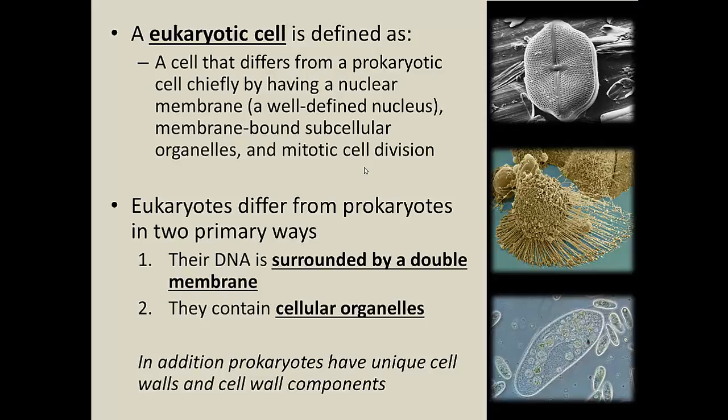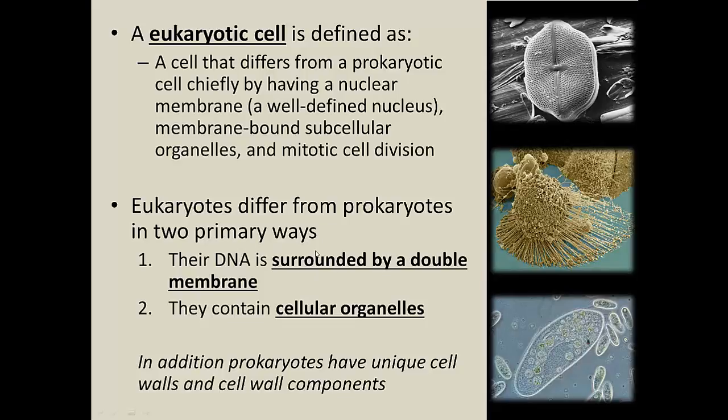Really what I want you to focus on, I'm not going to make you memorize that definition or recite that from memory, don't worry about that. Focus more on what you see here, the primary differences between prokaryotes and eukaryotes. And while there are many differences, these are some of the most substantial. So the first one is that their DNA is surrounded by a double membrane. That means that they have what's called a true nucleus,